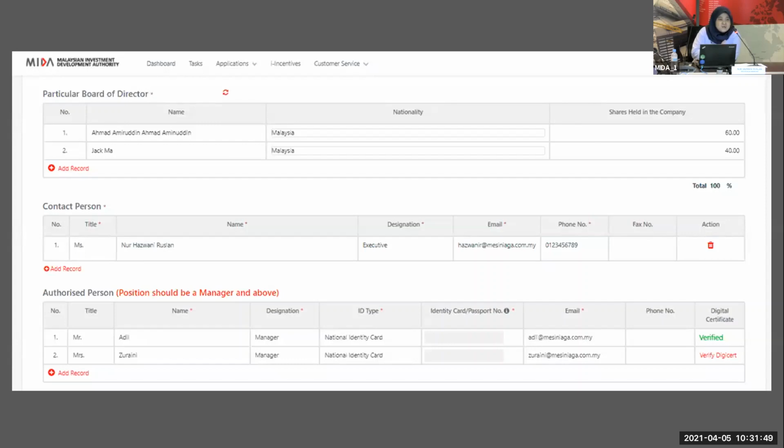For example, if her designation has changed to something else, maybe to manager, you cannot update it here because it's not editable. What you have to do is this contact person has to go to the individual user profile and update the designation. Once she has updated the designation in the user profile, the updated information will be reflected in the company profile.